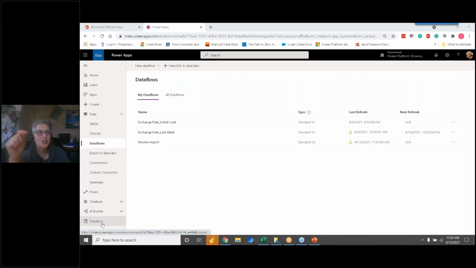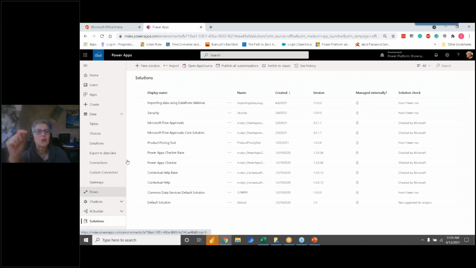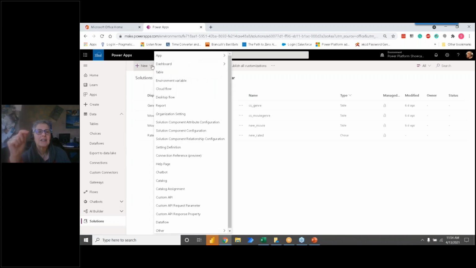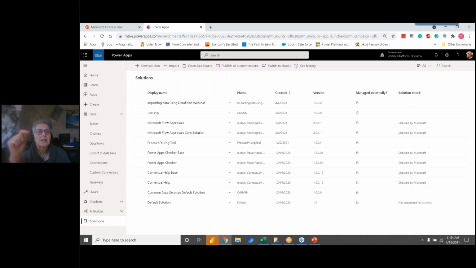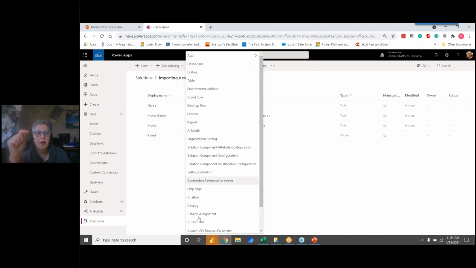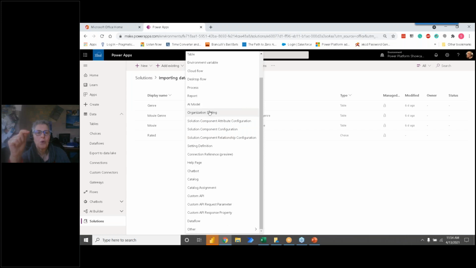If I understand the question properly, you're saying when you go to solutions and you go into a solution, you can't import a data flow. And if that's the case, there may be some restrictions on your environment. And I have a solution for that.